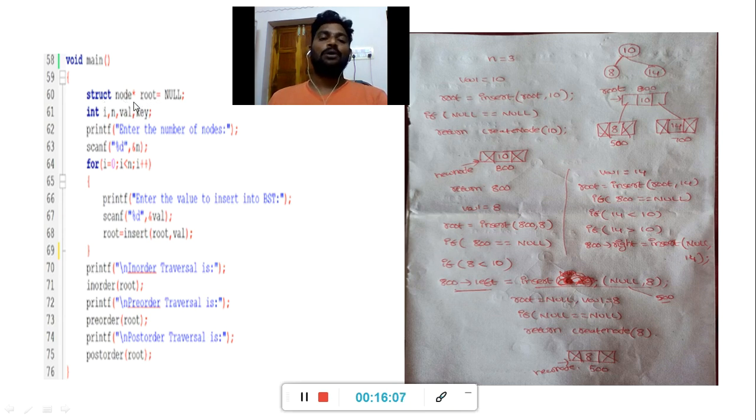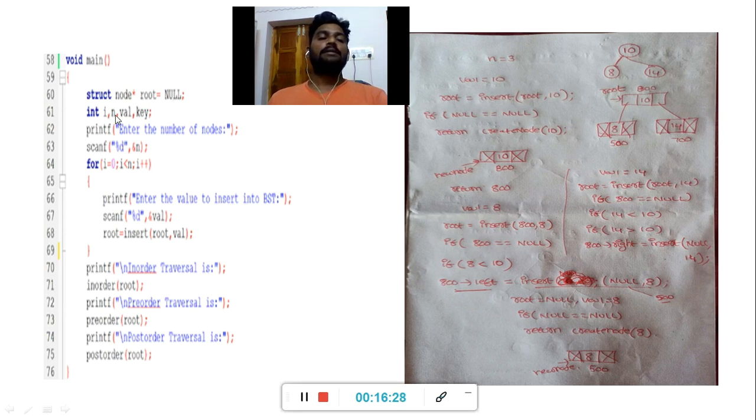That struct node consists of 3 members: the data member, the left pointer and the right pointer. The root pointer variable is initialized with a null value, because it is a pointer variable that can store the address of another variable.